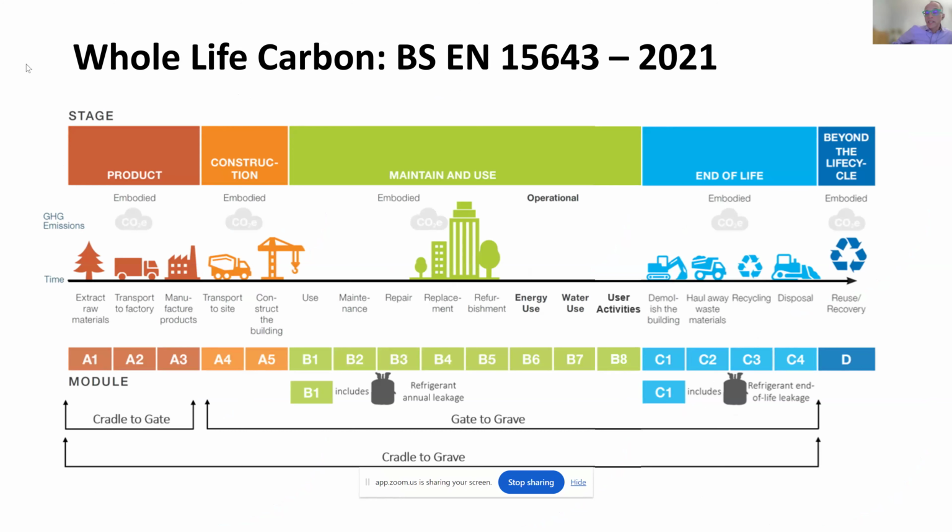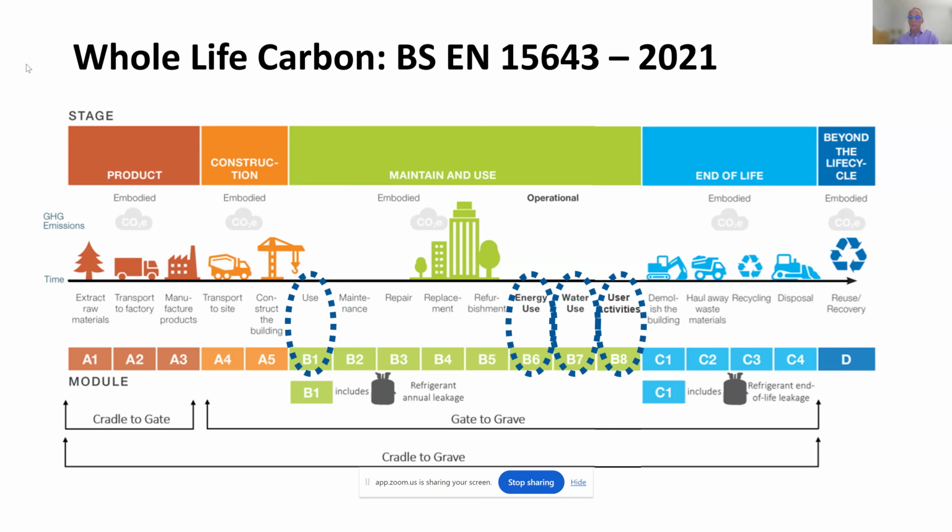15643 added the B8 user activities, which I love to throw in, which is excluded in the 15978, because how we get to and from our buildings is almost the biggest carbon emissions source when you compare that to other operational carbon or the materials,